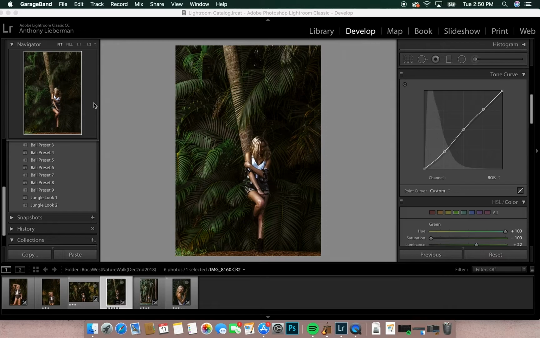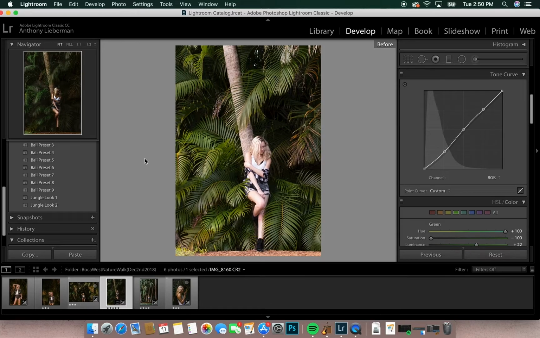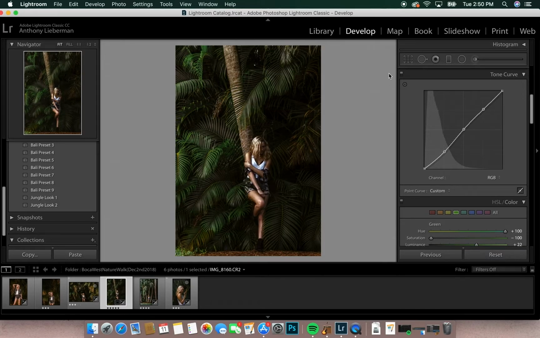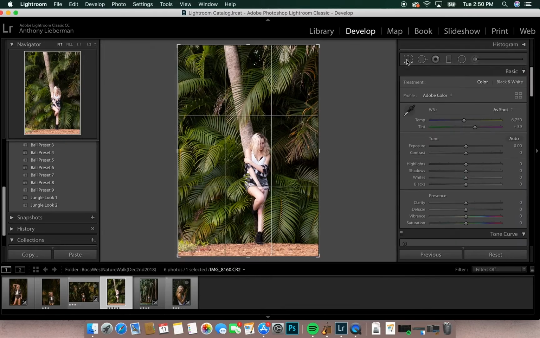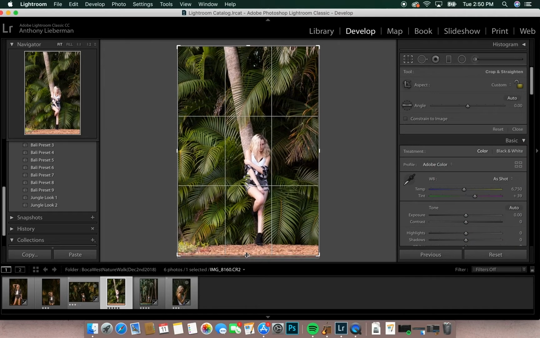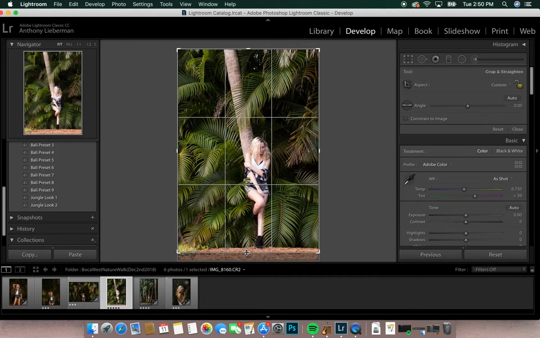Anyways, let's get started. So here is the image we're working on, this is the after, and that is the before. So let's get started. I'm going to hit the big reset button and we're back to the beginning. First I'm going to hit this crop and adjust my composition just to make it look a little bit better,